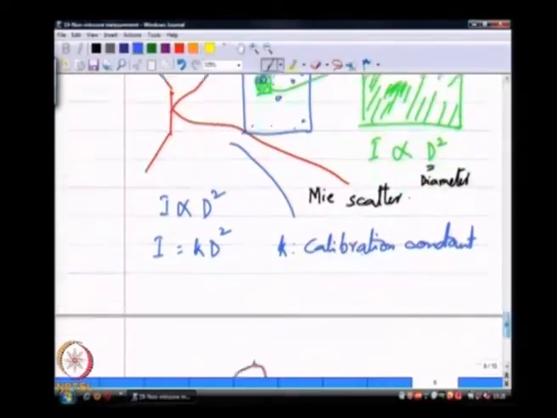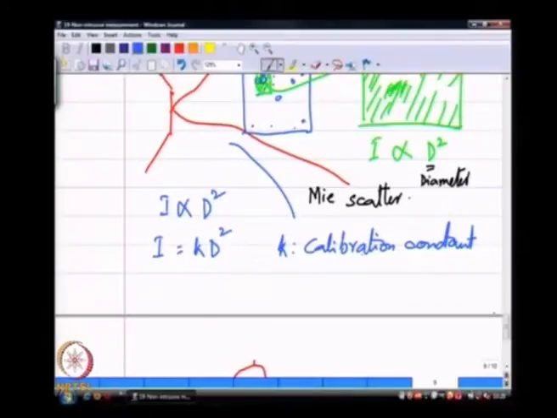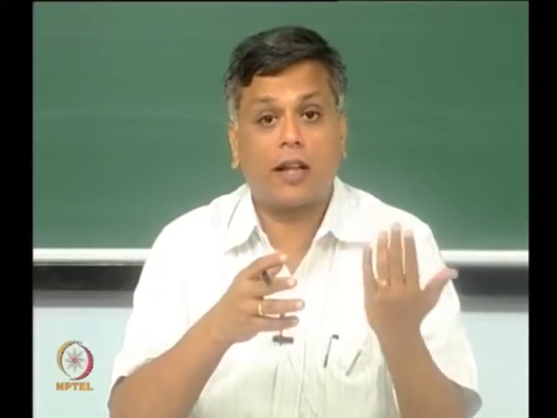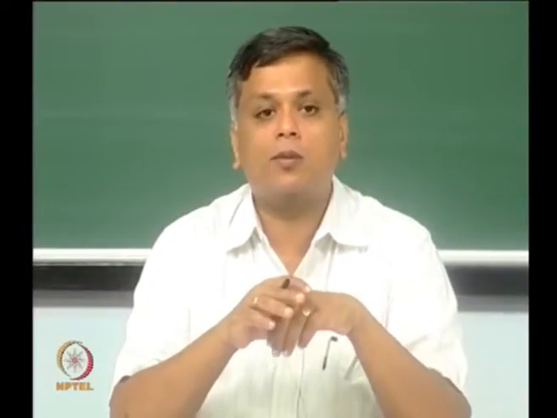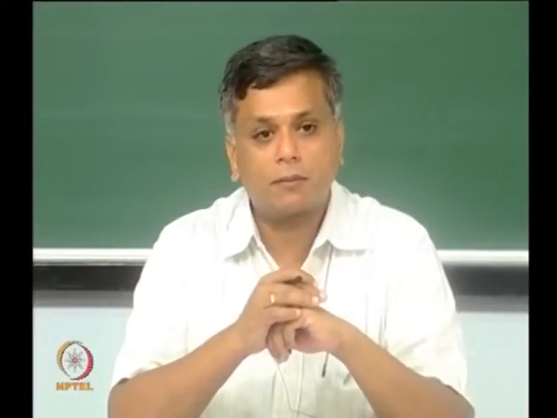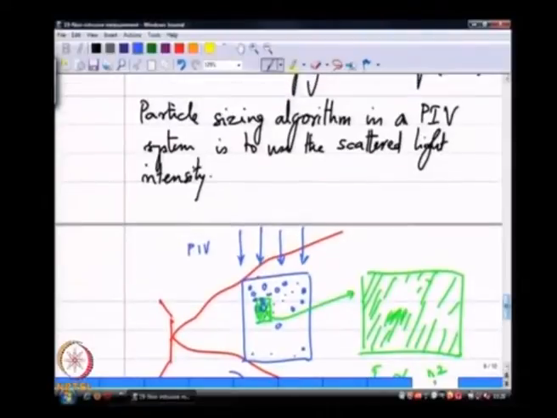that I can measure from my calibration process, where I set up an experiment and have drops of a known size in the light sheet, and knowing the intensity of the light that the camera sees, I am able to obtain a value of k. I can use that same value of k in my real experiment, where I am dealing now with drops of unknown size, but I know the intensity. This is in some sense the basic principle by which I can add a particle sizing algorithm to a standard PIV setup, okay,